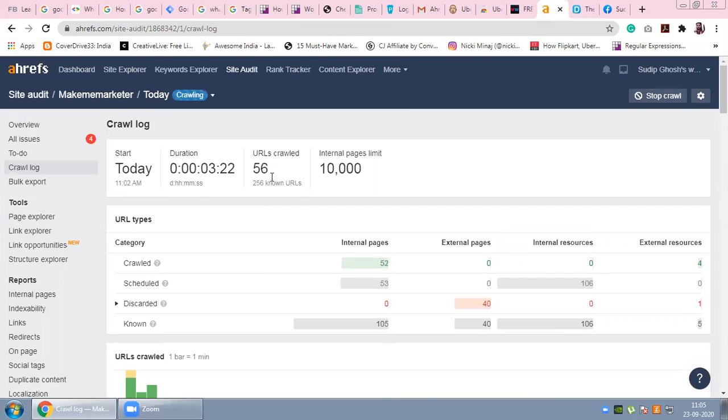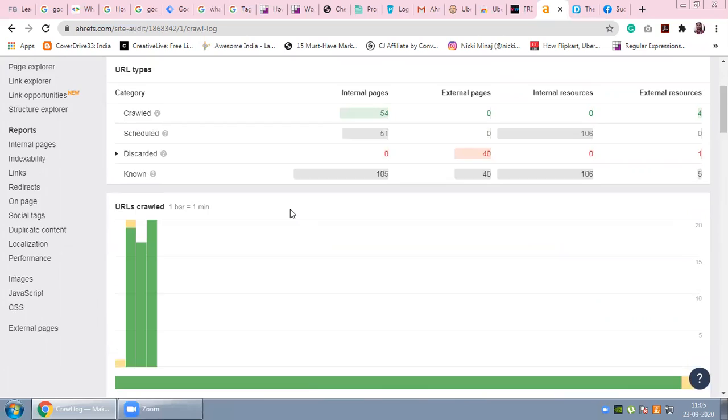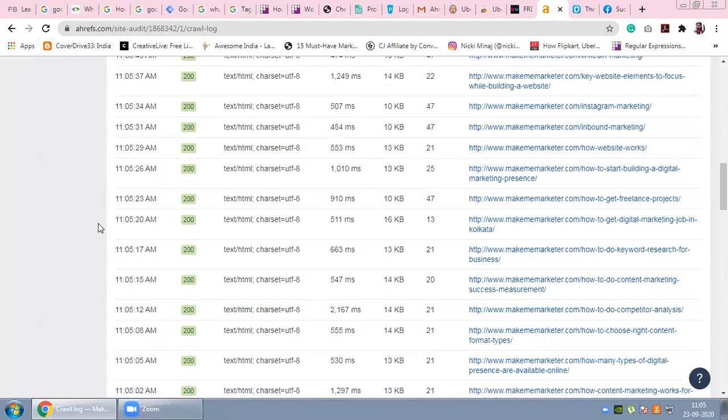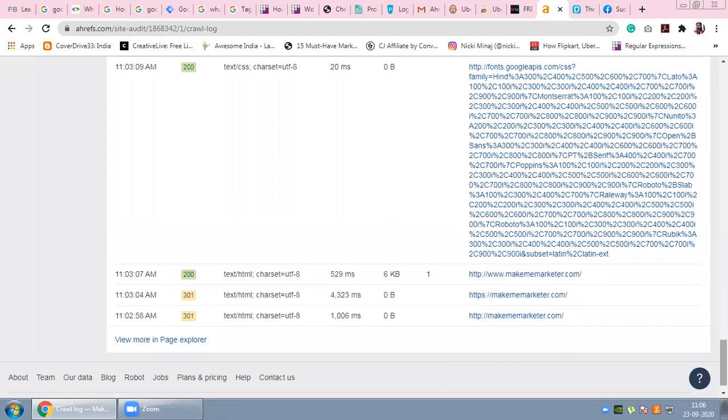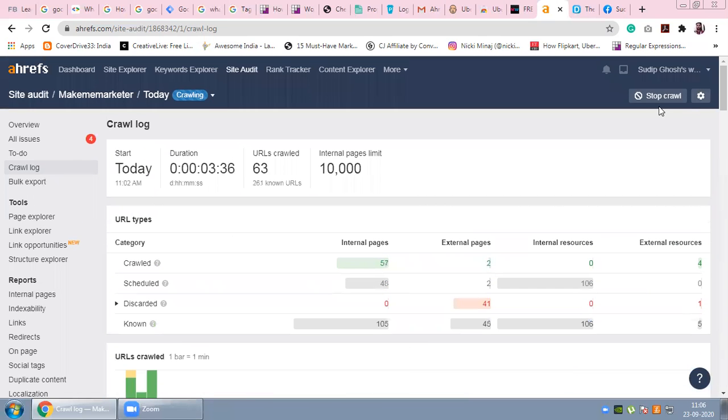So it is already taking a good amount of time. 3 minutes 25 seconds it has taken to crawl my few pages. So let it get crawled. We can stop the crawl, but we should not do that.